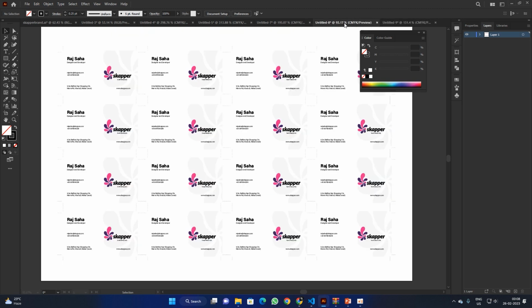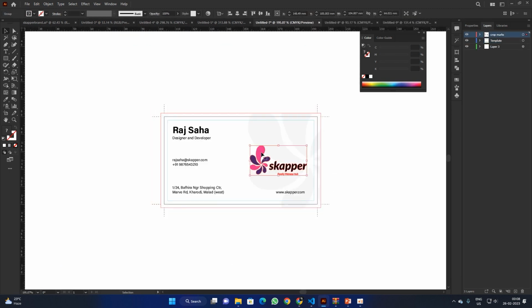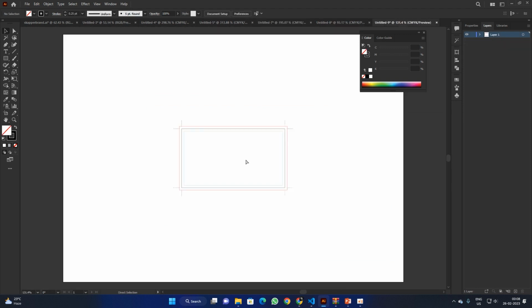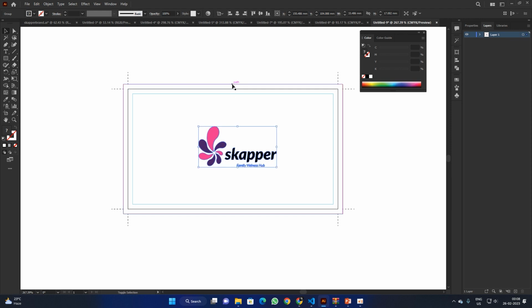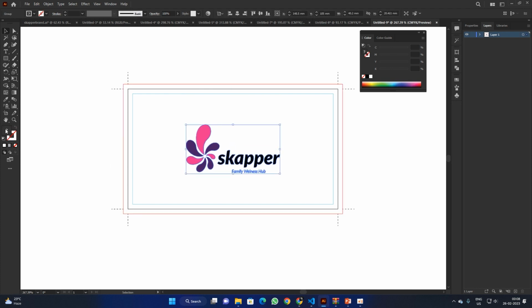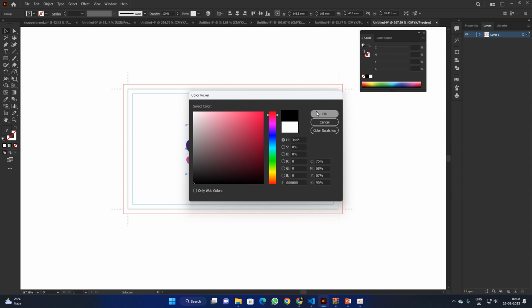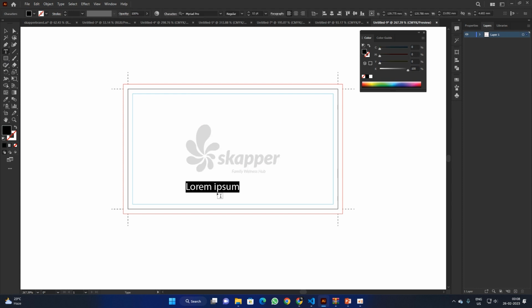Now what I'm going to do is apply a basic design. So I'm going to grab the logo, paste it, and horizontally and vertically align it center. Okay, and I'm going to make its color black and decrease its opacity quite a bit. Okay, so it's going to be printed like that, and at the bottom I'm going to type in